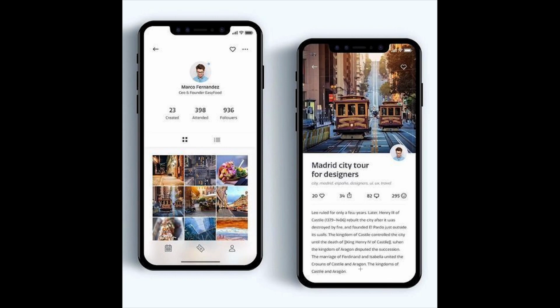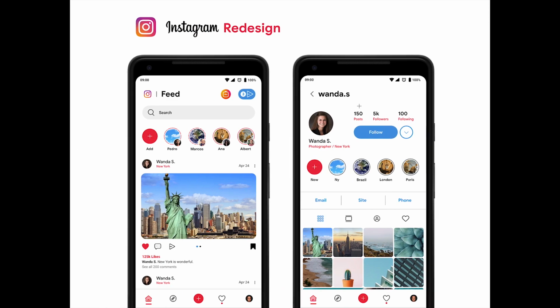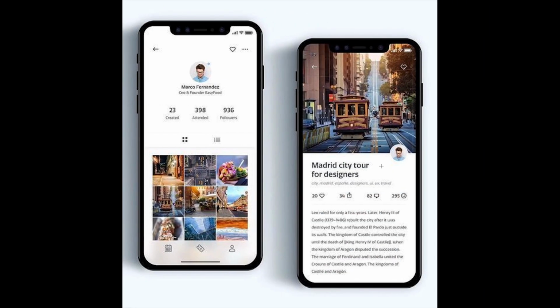So we will be creating this complete UI in this video, and in the next part, that is day 20, we will be creating this UI of an Instagram profile page. This is not the exact profile page of Instagram, but it's just like that. So we will be able to create these UIs after day 19 and day 20. And from day 21, I'm going to start Firebase with Flutter.